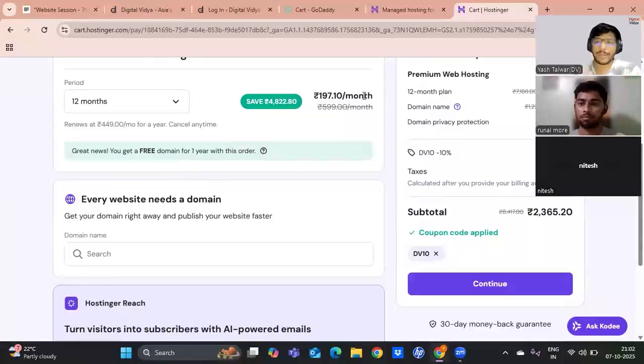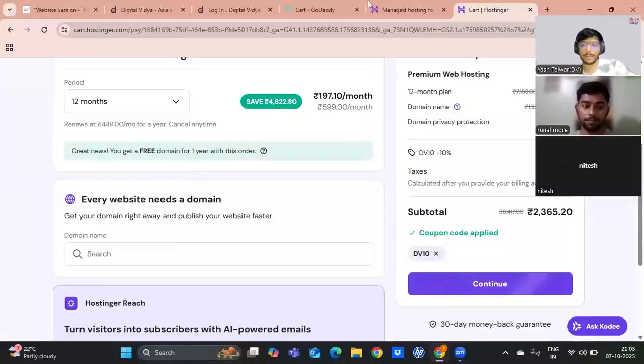So if you go for the monthly plan, you'll end up paying more. Even if you close down your website within 6 months, the period of this course, 4 to 5 months, you will still end up paying more, whereas you'll pay 2300 over here for 1 year. You will pay 600 every month for the hosting. But if you go to the yearly plan, yes, the yearly plan is the best one.